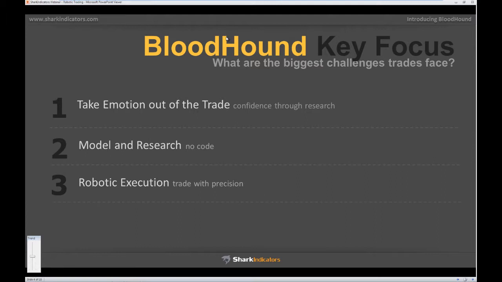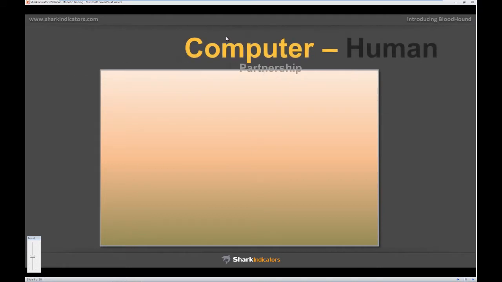And lastly, I'm going to show you basically how Bloodhound can do robotic execution, and how you can trade with extreme precision using Bloodhound. So before I get into that, though, I want to bring in a little bit of an anecdote. This is a really interesting little tidbit I found on one of those TED conferences. A fellow had given a speech about computers and humans, and I thought that was quite relevant to what we're talking about today. This whole idea of teaming up the computers with humans and actually using them together, to create